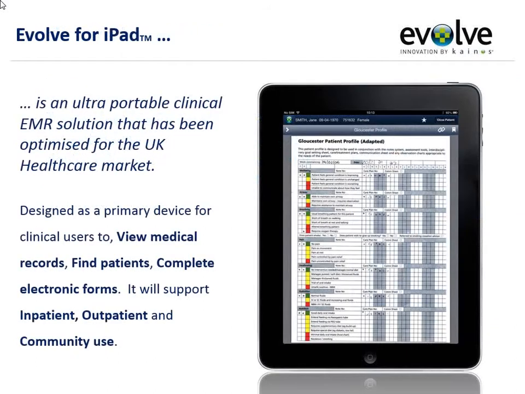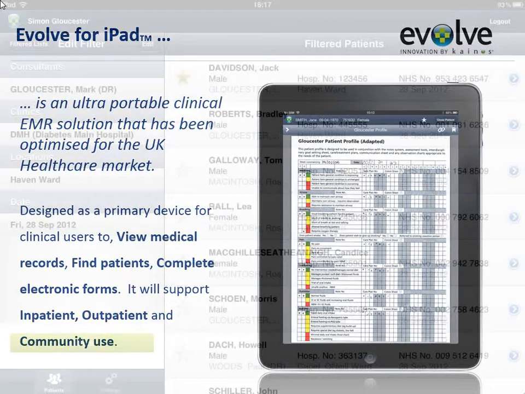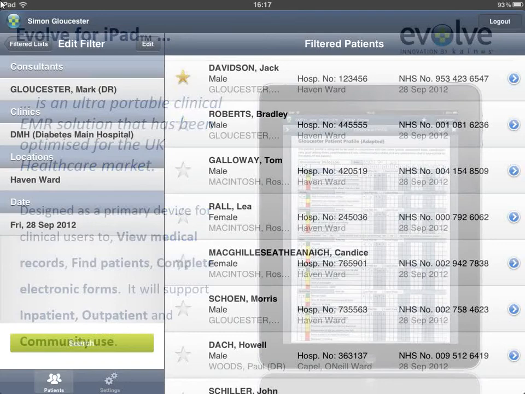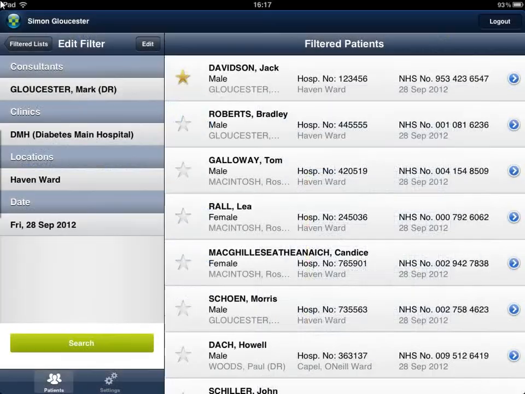So in terms of technology sets, Evolve has a native application for the iPad. It allows you to view records, to find patients, it allows you to complete electronic forms. And we've done a lot of studying, and we have targeted people who are on wards, people who are out in the community, and people who are running outpatient clinics. So for example here on the left hand side I'm saying show me everybody that's attending the Diabetes Main Hospital Clinic, or who are currently on the Haven ward. So we can see there the clinic, the ward, and it then brings me back a list of patients,